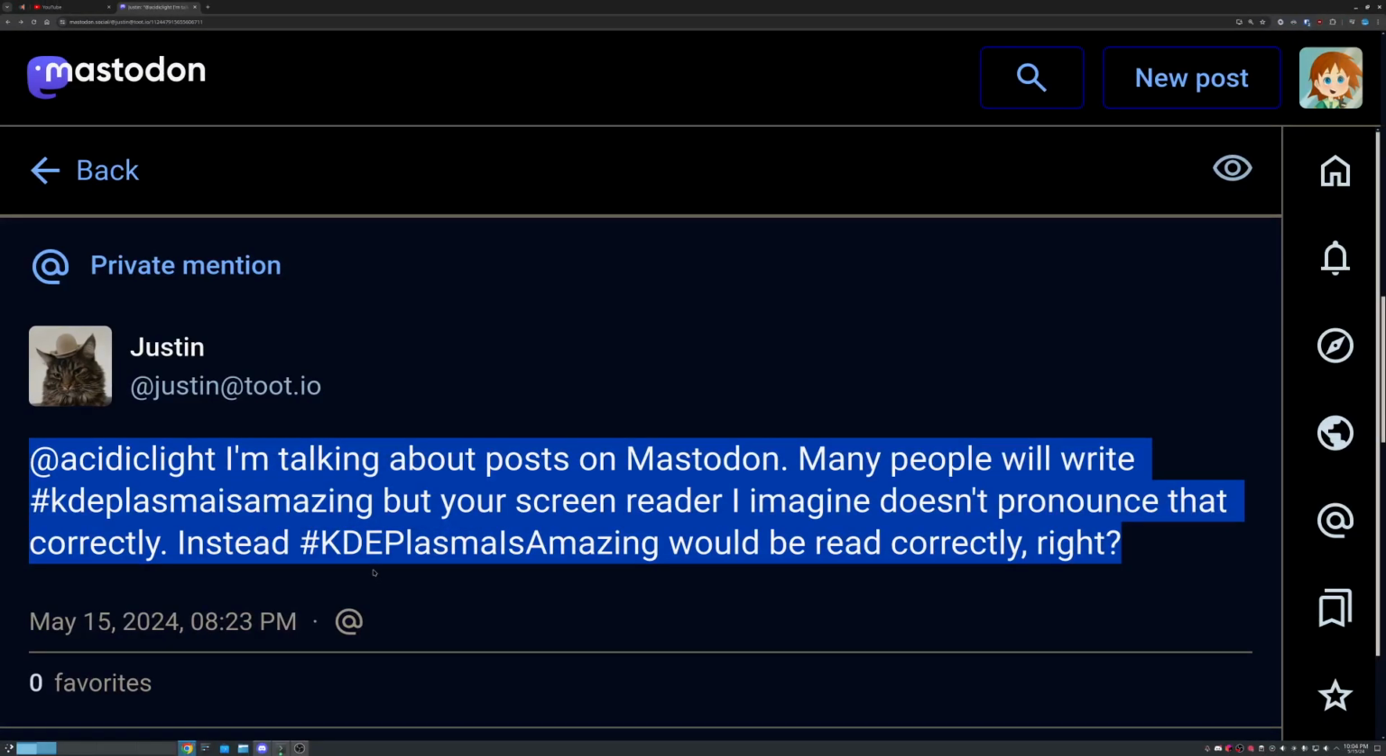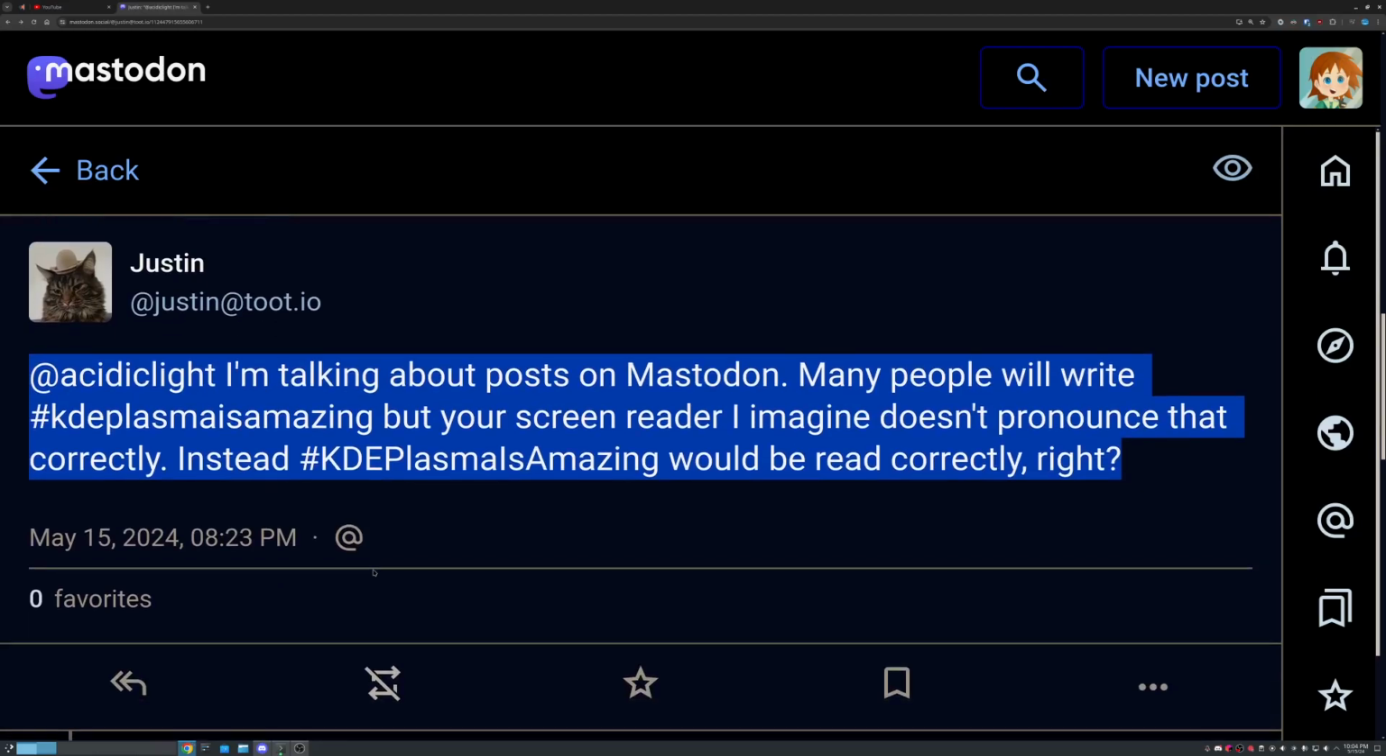Many people will write hashtag #KDPlasma amazing, but your screen reader, I imagine, doesn't pronounce that correctly. it doesn't. Instead, hashtag KDE Plasma is amazing would be read correctly, right? Yes. So,